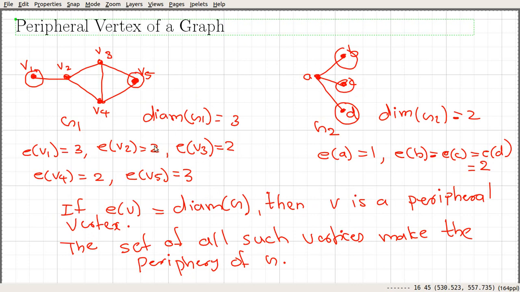Similarly, here also, the periphery of G1 is this set V1 and V5. So that's all about the periphery and the center. Now we know what the eccentricity of a vertex is, the radius and diameter of a graph, and what peripheral and central vertices are. Okay, now we are